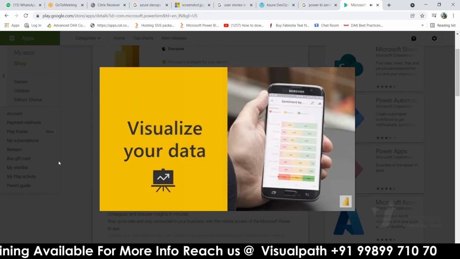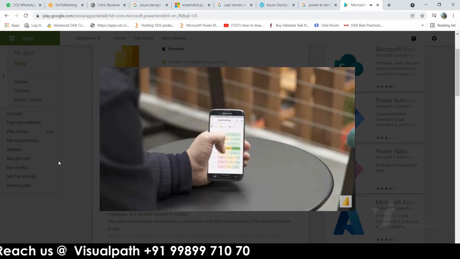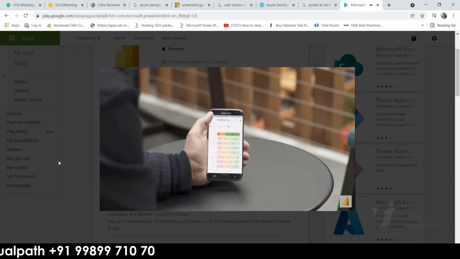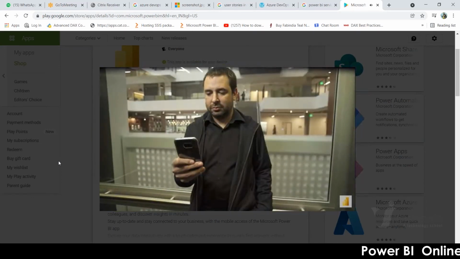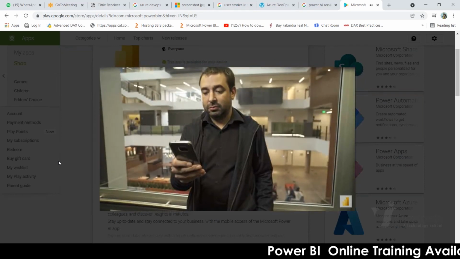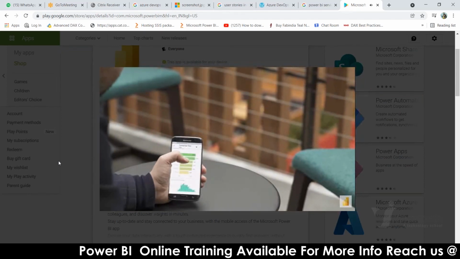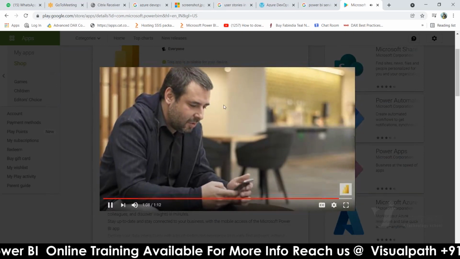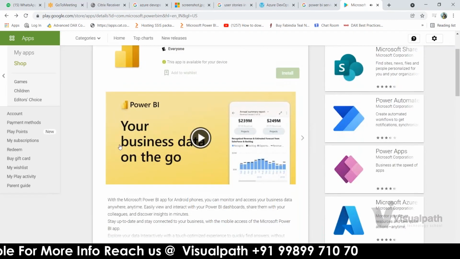Visualizations, which you can also dive deeper into to discover rich insights and find patterns in your data, according to where you are. Microsoft Power BI gives you the power to monitor the most important business information from your phone, so you can get immediate answers to the most pressing questions. This is how we can see your dashboards and reports in the Microsoft Power BI mobile application as well, right?